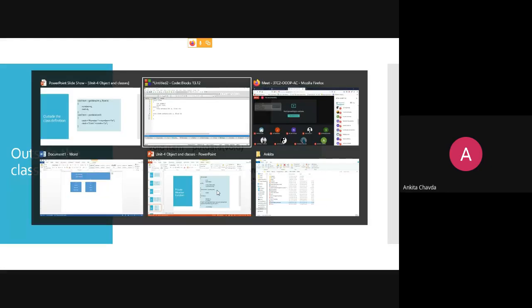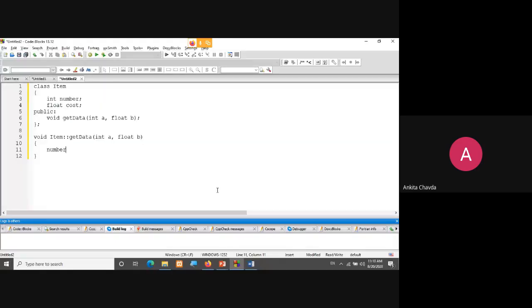So what I'm doing in this function, number is equal to a and cost is equal to b. Why am I doing this?